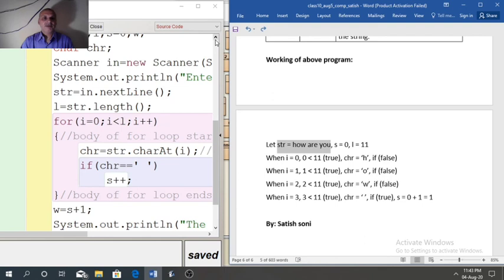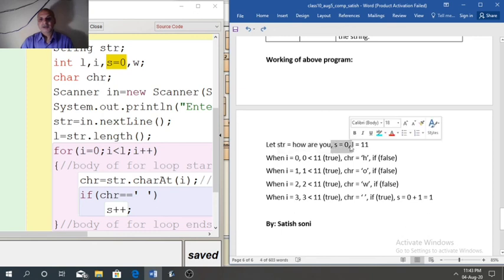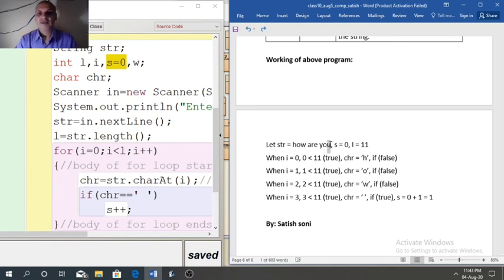In the beginning of the program you can see s is initialized with 0, that is why s is 0 here. L equal to 11 for this input. Let us count how many characters are present here: 1, 2, 3, 4, 5, 6, 7, 8, 9, 10 and 11. So for this particular input L is 11.